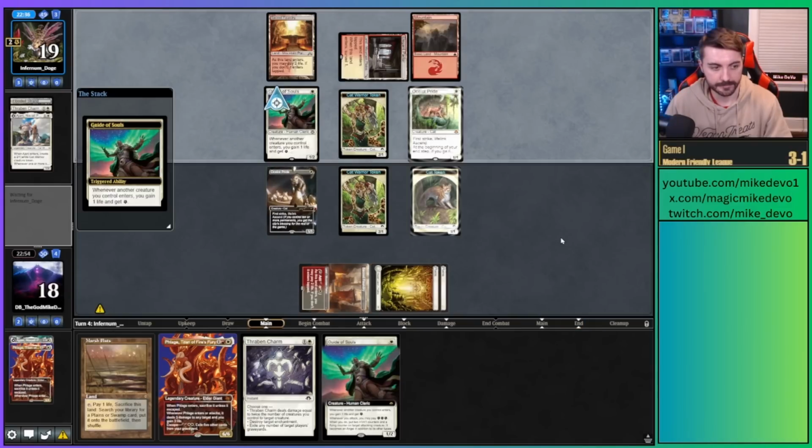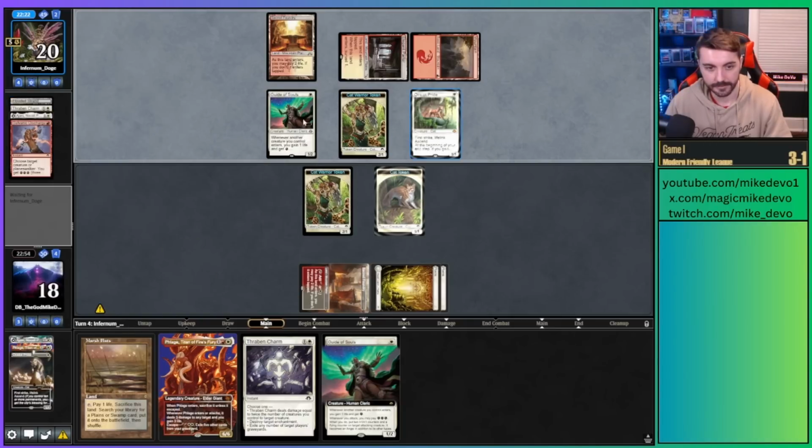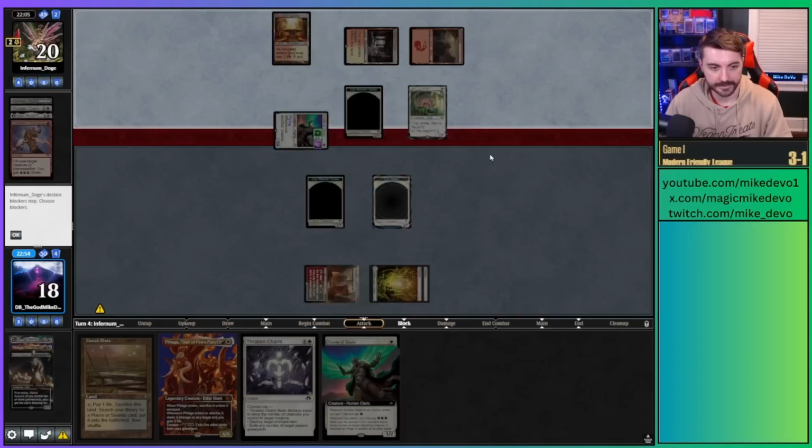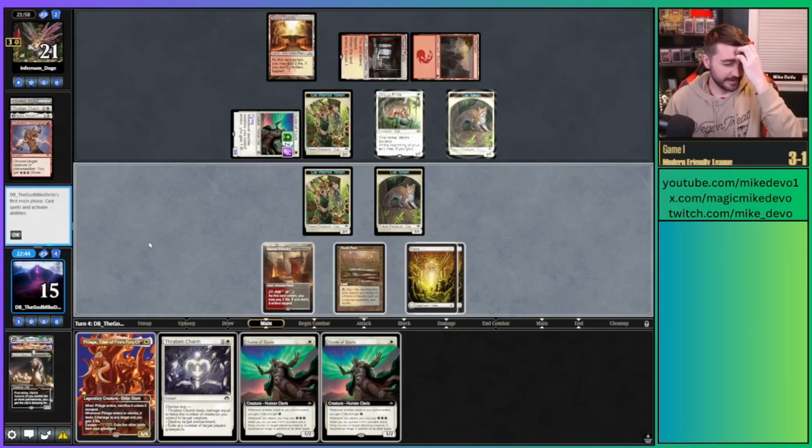Alright, they have the Ocelot Pride. Into removal, it looks like. Ooh. Yeah, their hand's very good. Now they can give this flying. Alright, they get him for 3. Another Guide of Souls. Would be amazing with cat, but we don't have that. Play land. I guess we...